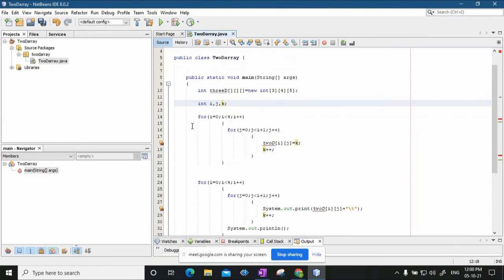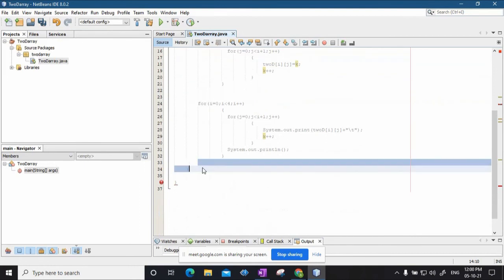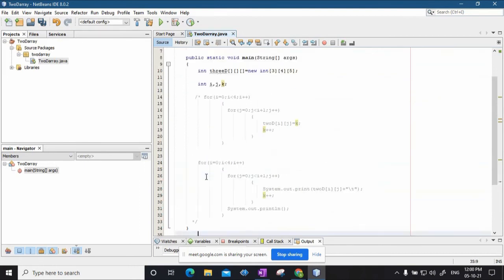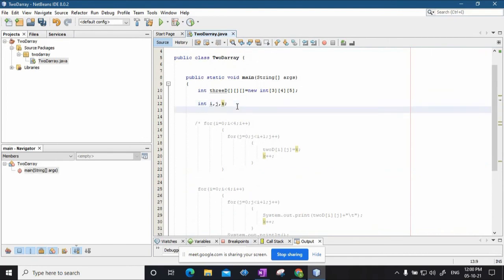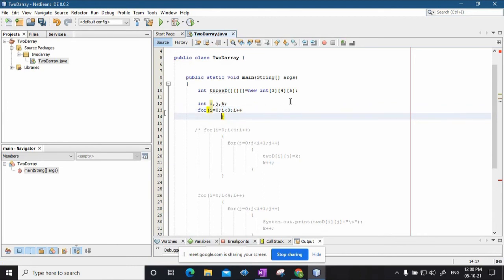So I will comment this. Then I'll write for i equal to 0, i less than 3, I am talking about the first parameter here, i plus plus.